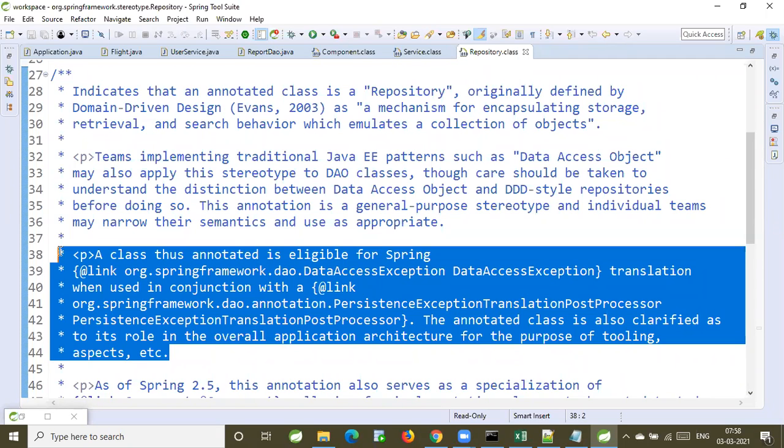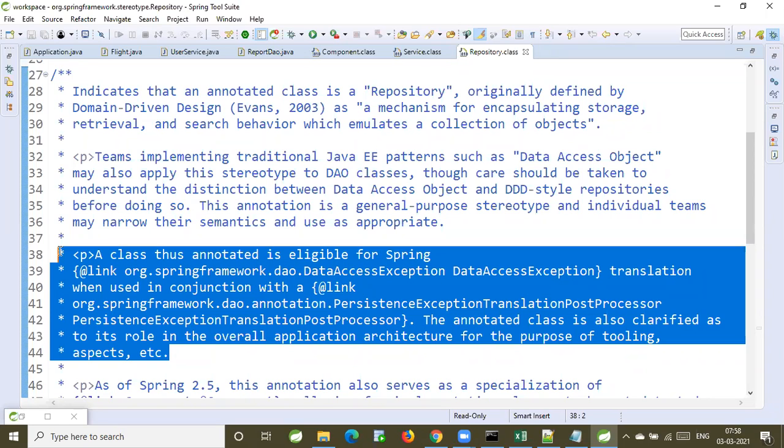Guys, do you understand where to use repository, where to use service, where to use component? Yes, sir. So where to use component? General purpose classes, like for any DTO class. For any class you can use component. Suppose I'm creating a util class in my project to send emails. I want to represent the EmailUtils class as a Spring Bean. Can I use component for that util class? Yes. Now in my project I'm creating one class called DateUtils.java, which is used to convert dates from one format to another. For DateUtils also, I can use component.